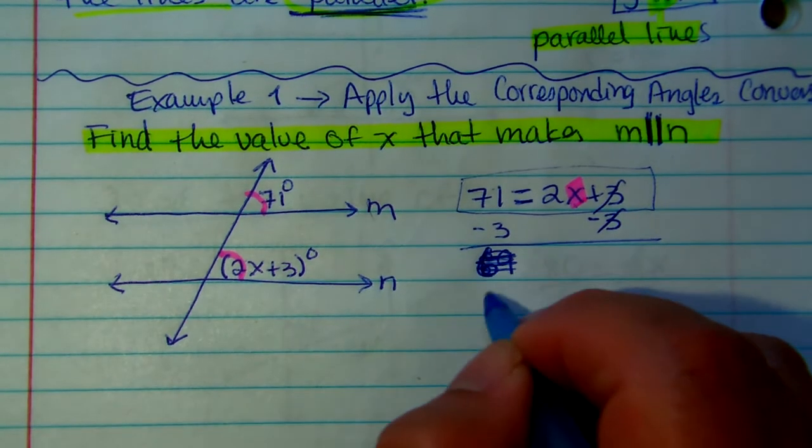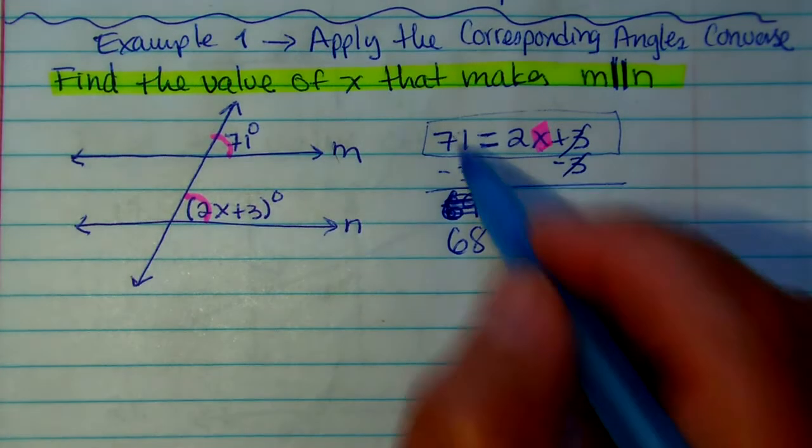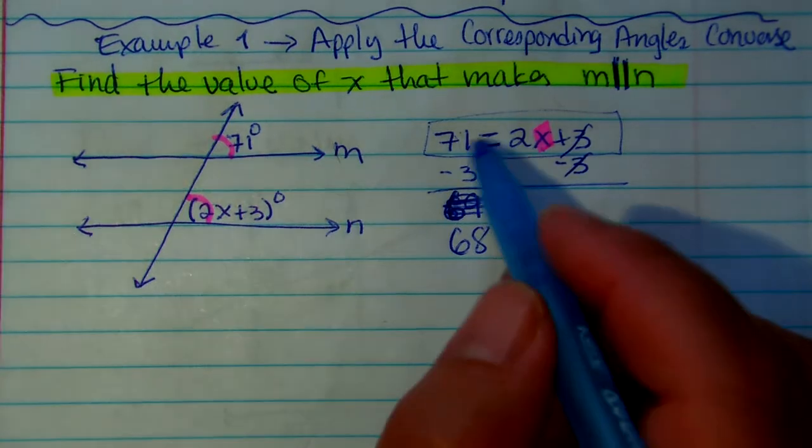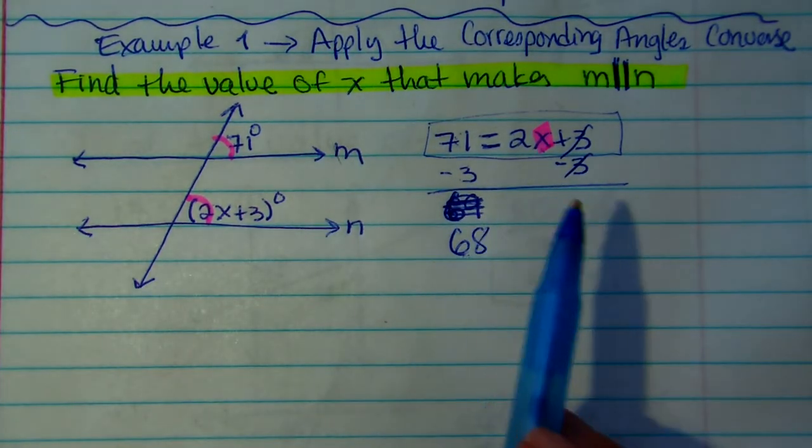Sorry, 68. Oh my God, the math teacher. She's not able to subtract. Okay, 71 minus 3 is going to give us 68. So 68